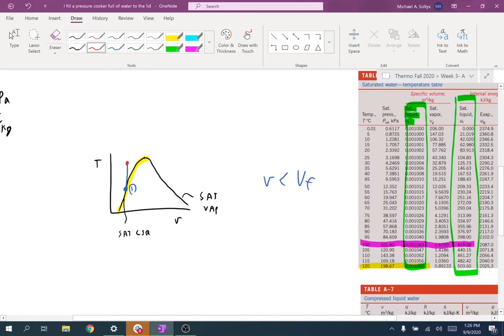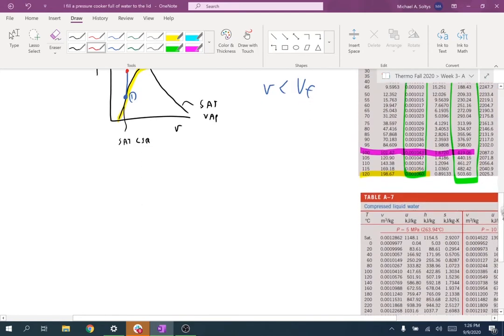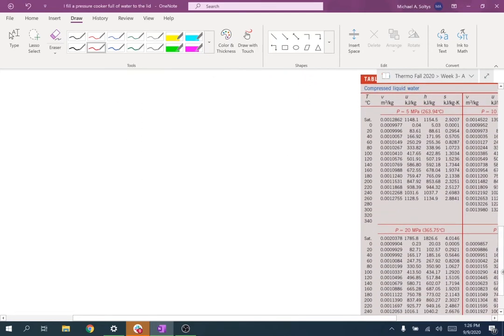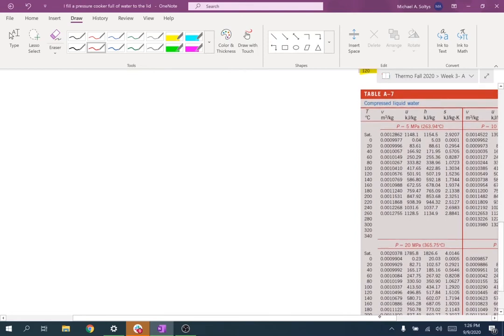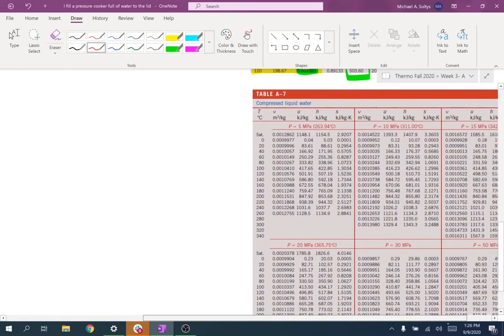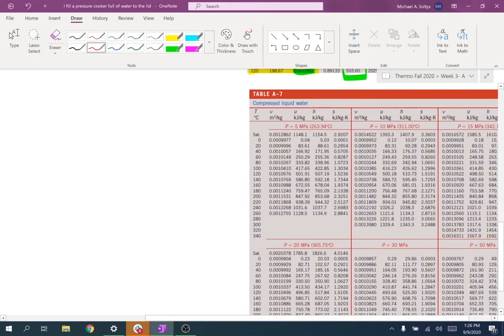And so I need to go to a different table to calculate my state. The table that I need to look at is this one down here, compressed liquid water. Looking for a temperature of 120 degrees, I need to find a number or pair of numbers that is close to my state. So I'm looking at my specific volume here, and I'm looking for